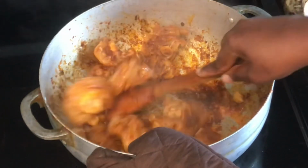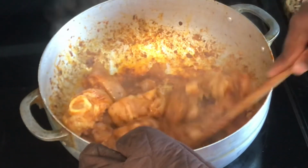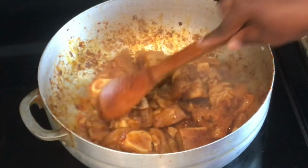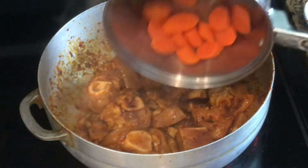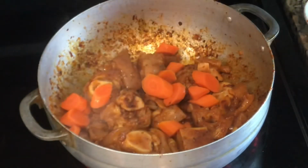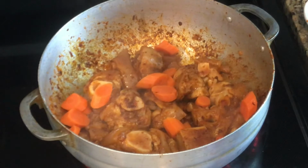All right, guys, I've been doing this for about 2 to 3 minutes. The color is beautiful. This is how I like it. So now I will add my carrots, just a little bit of carrots, and we're going to return the liquid